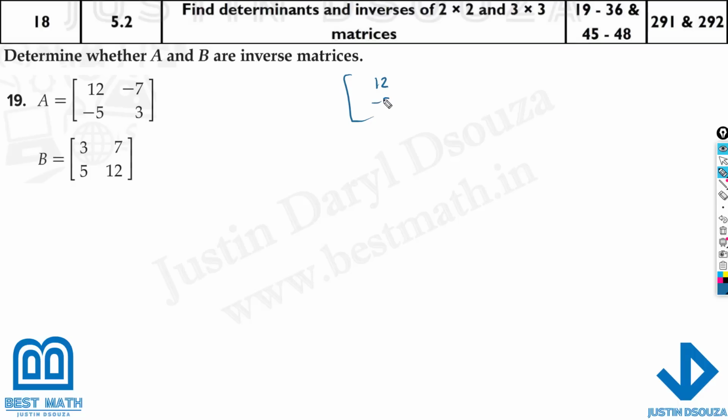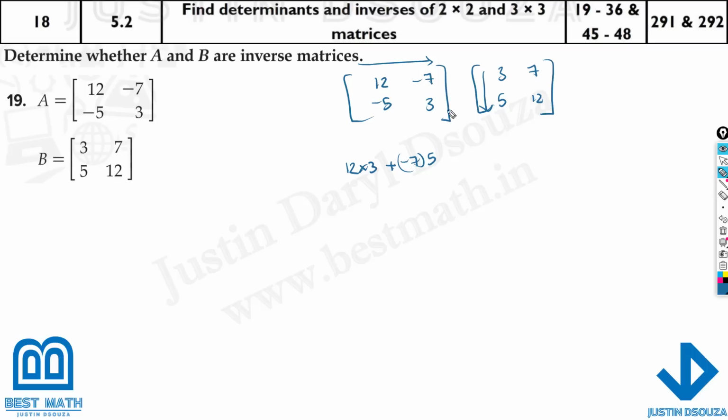It's 12, minus 5, minus 7, 3 over here, and this is 3, 7, 5, 12. Now what you do is the first row with the first column. So 12 times 3 plus, this is the tail, head and head, minus 7 times 5. That's the first newly formed